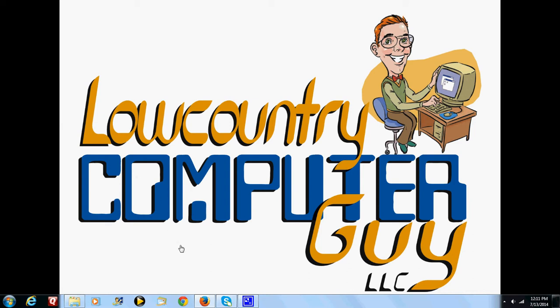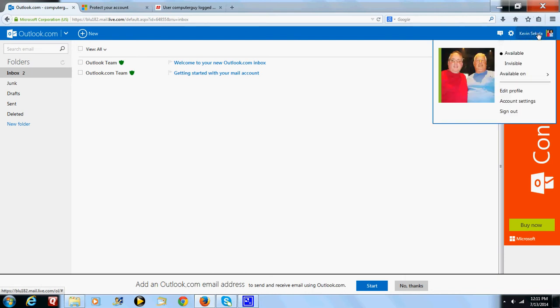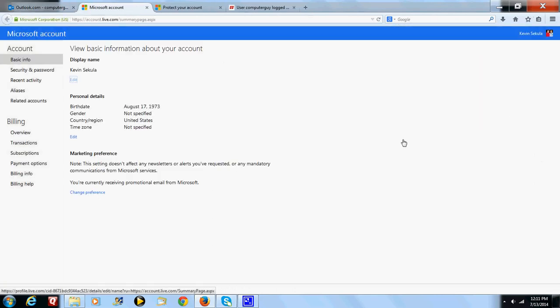Okay, so first thing we're going to do is we use Firefox for our internet instead of Internet Explorer because it's a little less prone to problems. So we're going to open up our Firefox browser and log into our outlook.com account, which we have already done here. Up in the top right hand corner of the screen you should see your name. So if you click on your name and then come down and click on Account Settings, that will take you to the Account Settings page. The second item on the Account Settings page is Security and Password. So if we click on that,